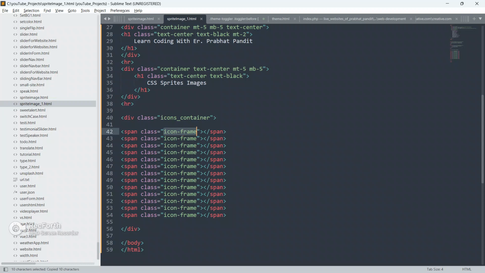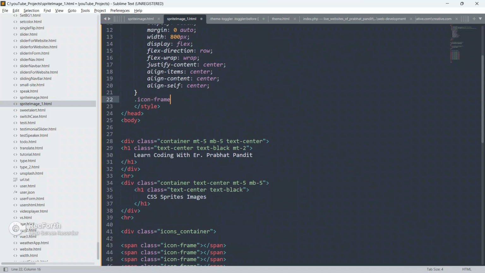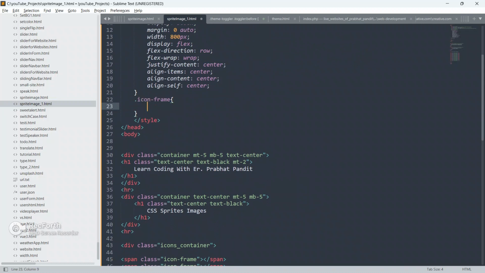So again now we are going to target this icon frame. See, guys, every span tag has got the same class as icon frame. So just go here, put a point, and we are going to target this icon frame now.